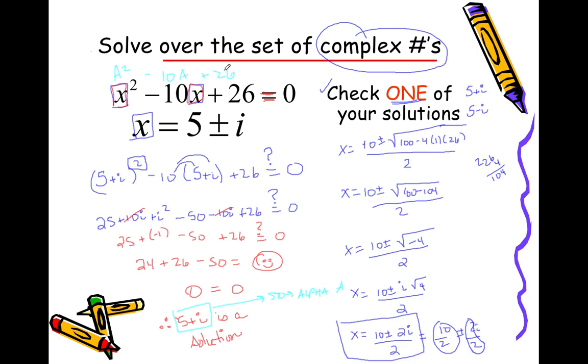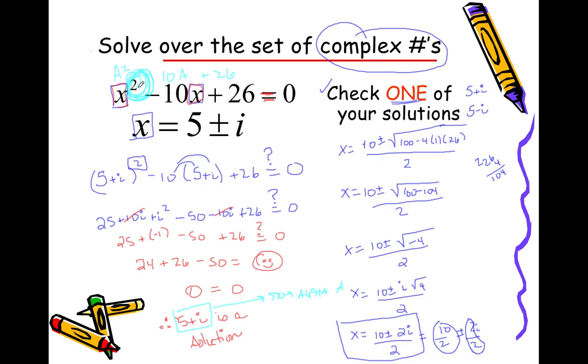Oh, snap. What happened? Yep. Now, without doing the algebra, do 5 minus i and store that in alpha B. And do alpha B squared minus 10 alpha B plus 26. Guess what you get? Guess how many other numbers you can plug into x and generate 0? None. There are only